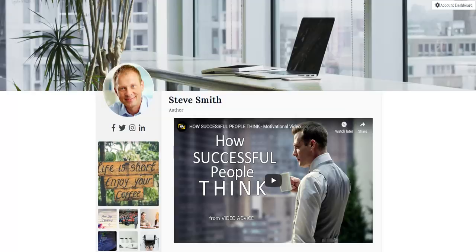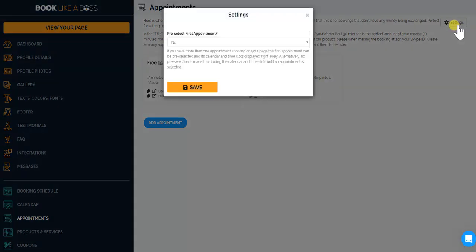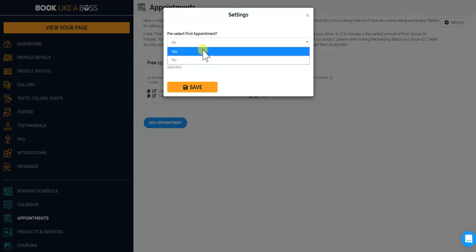Let's dig back in. First of all, you could drag and drop the order, like always. Now the first one here, you'll see in settings, you'll be able to show whether you want the first appointment to open up or not. So if you have multiple appointments, in settings you'll be able to say whether you want it. So let's say you click no, click save,